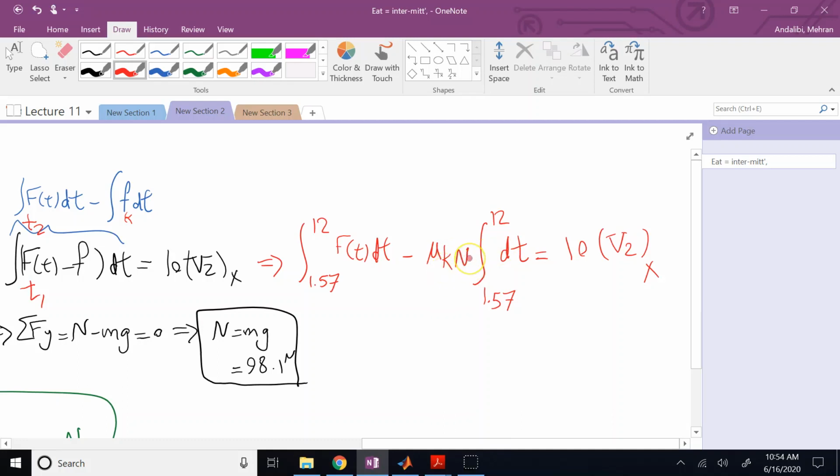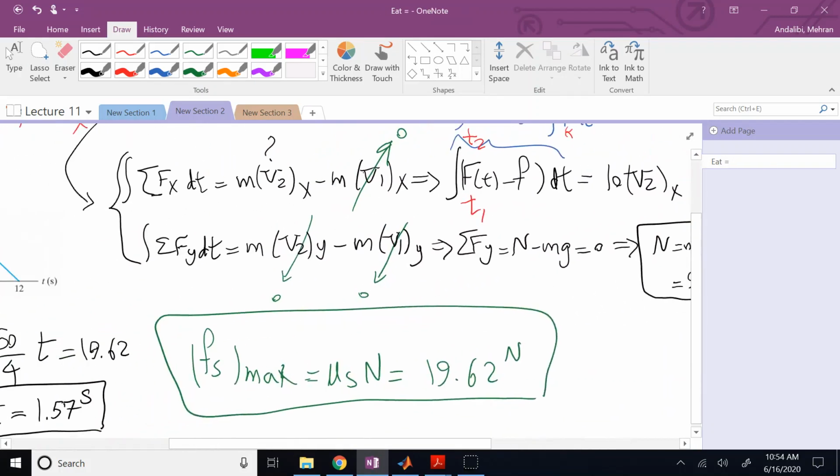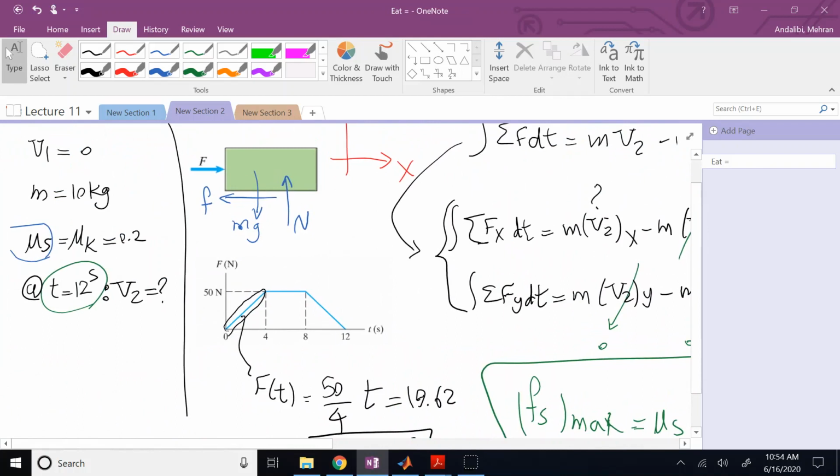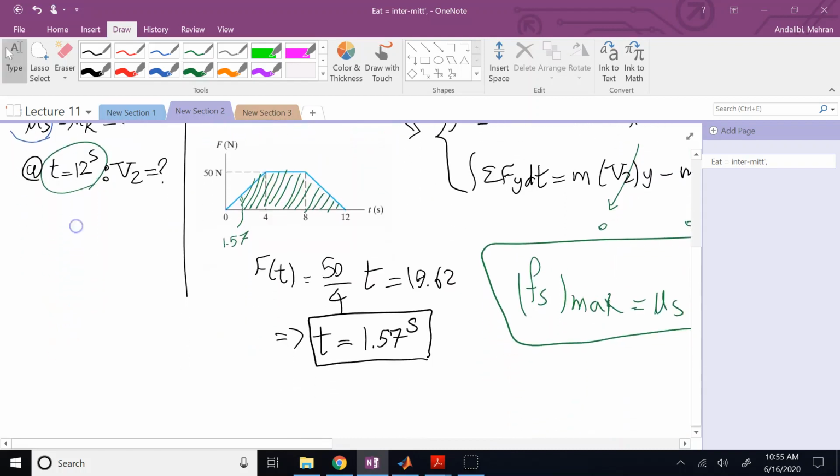Mu_k I know, and I know everything I know. The only thing I need to calculate is this guy. What is that? And that is the area under this curve, but not directly calculated from origin. It is actually from this point onward. So if this is 1.57, I want this area, which is a trapezoid and what? A rectangle. So if I want to calculate the impulse in that region,